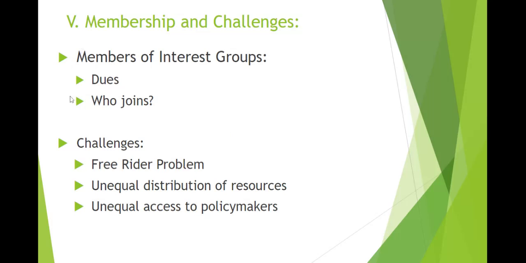So just a little bit more into some details about interest groups. As far as membership of an interest group, most groups charge some form of dues. Typically you pay to become a member, but they might send you a bumper sticker or something, so you can identify yourself as a member. But usually you're paying dues, and that is going to cover the overhead, the basic functions of the group to make sure that it can exist. If they need office space or a full-time staff or anything like that, dues are going to help them cover those expenses.